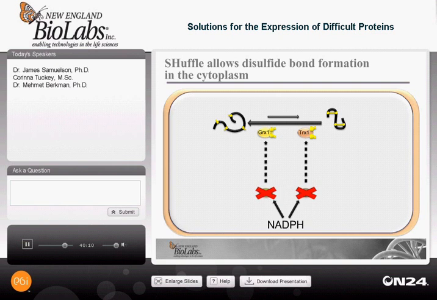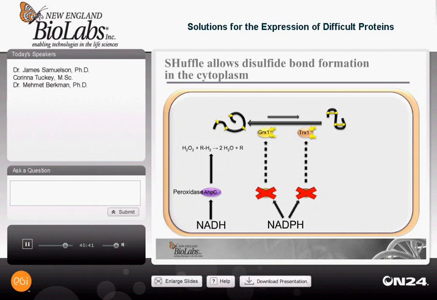We then select for suppressors that restore viability to these dead cells. And once we've investigated and mapped those suppressors, we found that they mapped to another pathway, the peroxidase pathway. AhpC is another reductase, well, it's a peroxidase, that scavenges hydrogen peroxide away from the cytoplasm. And the mutant version of AhpC, which was a suppressor of our lethal strain, lost its peroxidase activity and gained a reductase activity.